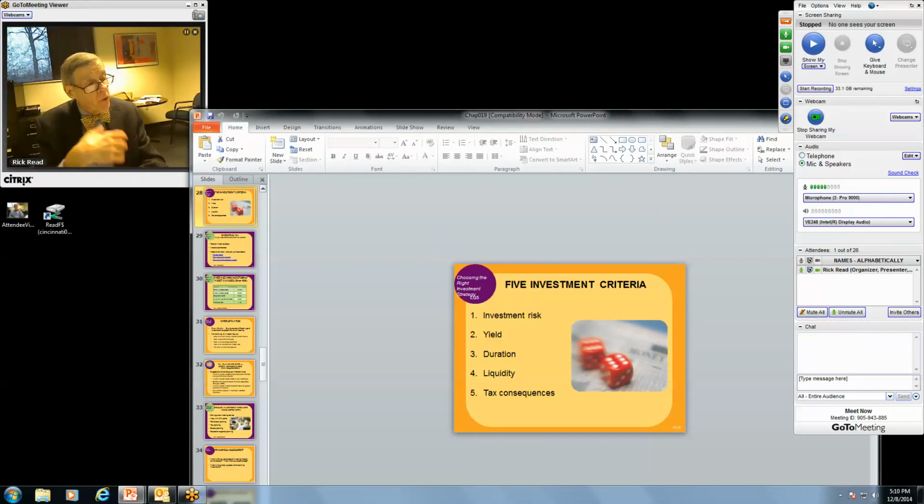Liquidity simply means how quickly can you turn the investment into cash. And then what are your tax consequences? So you have to know what it's going to cost you, pay tax if you make money, and how much money you make. Now remember, there's a lot of complaint about this. Why do I have to pay tax on an investment? It's making you money. It's the same as going into work every day, but it's doing it differently. So it's not separate. You can't say, oh well, I don't have to do that.